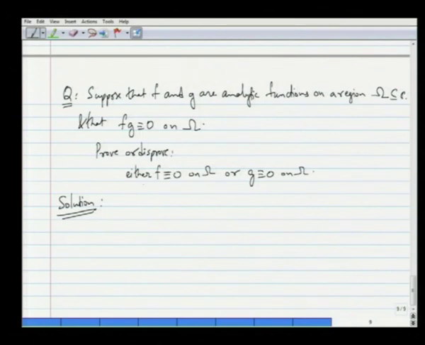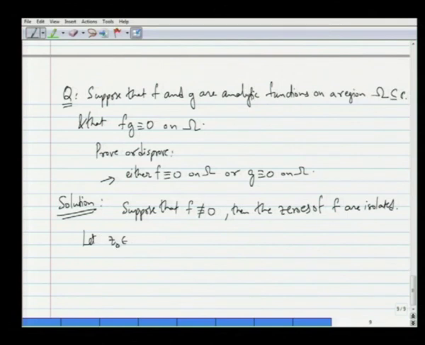Here now what we will do is we will suppose that f is not identically 0. If f is identically 0, then this statement is already true. Okay. So, let us suppose that f is not identically 0, then let us see what happens. Then the zeros of f are isolated. We have examined the zeros of analytic functions, and this is our conclusion from that. The zeros of f are isolated. And since they are isolated, let z naught belong to omega. F possibly could be 0 there, or it is possibly non-zero there. Whatever that is, we know that